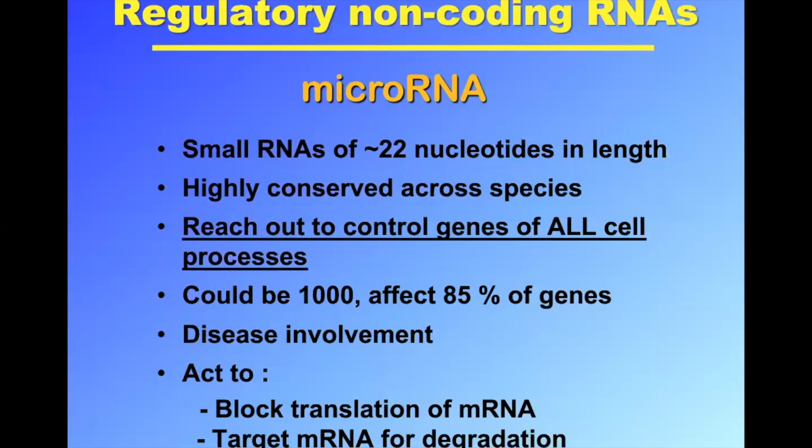MicroRNAs are of many different sequences, but their general role is to block translation of message RNA. That's just what a hibernator needs. Why are you making message RNA into protein? It costs you energy. Nobody cares. Stop that. And it also targets messages for degradation. MicroRNA lies along message RNA with its associated proteins and then just cuts them up so you don't worry about it. So the role of microRNA is to turn things off, exactly what a hibernator needs, and a hibernator can turn everything off and you can't. So the next slide